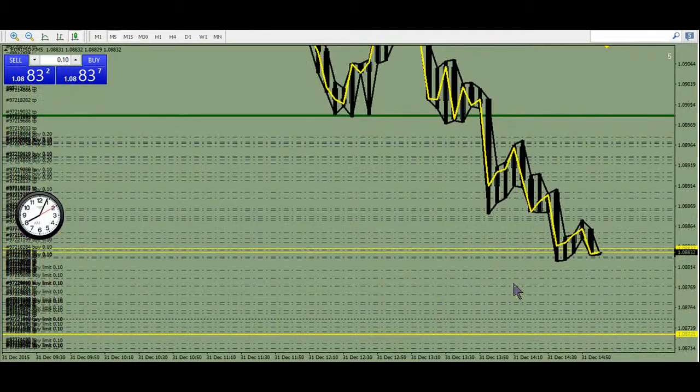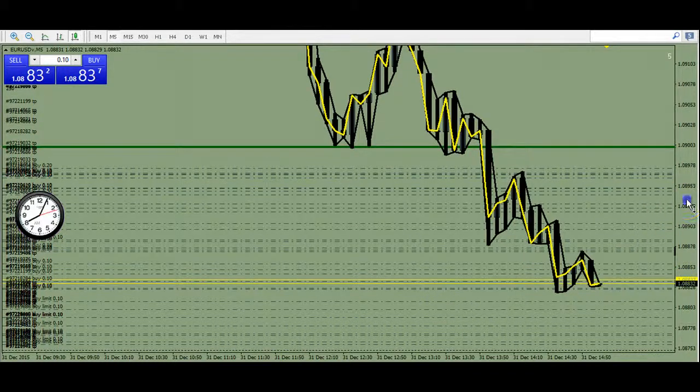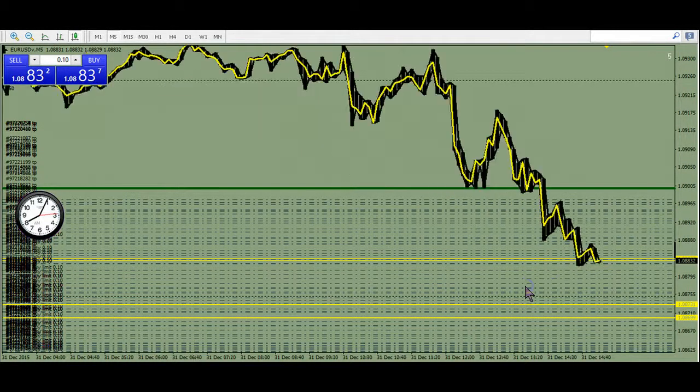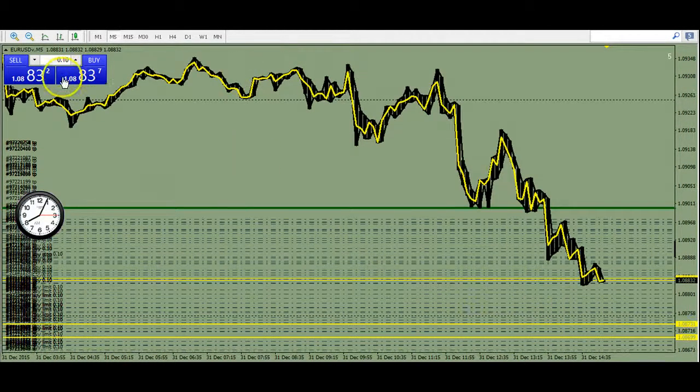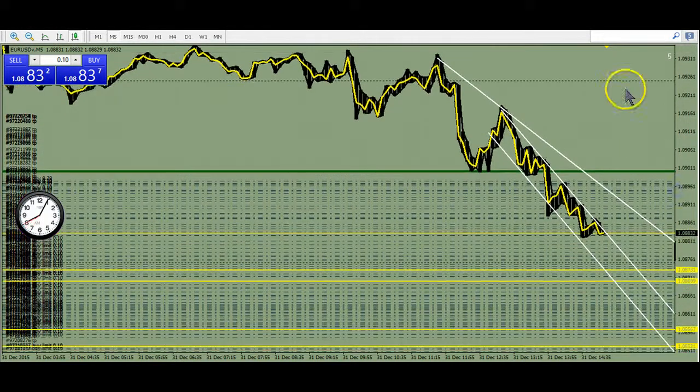If this is about as far as they can squeeze it, then this is where I get in on the 5 minute. This is the trend line to break, and the major, the bigger time frame trend line, and the smaller time frame trend line is going to be steeper like this, and then this would be the projected continuation channel that we're going to walk down here, and also